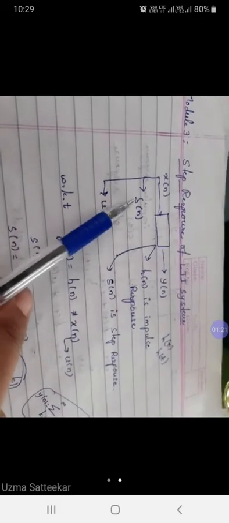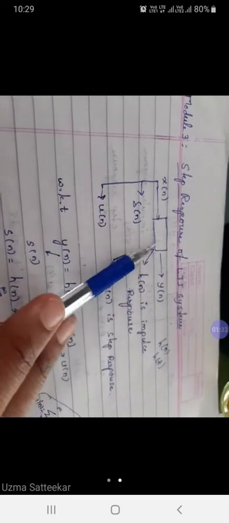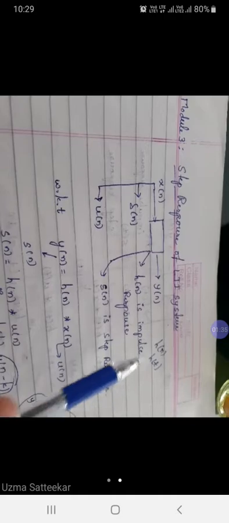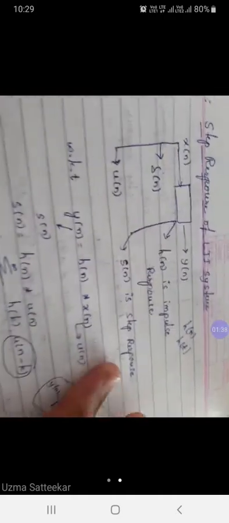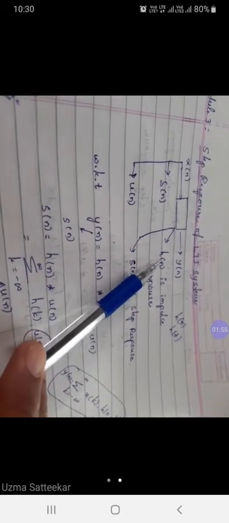When the input is impulse signal, the response given by the system is defined as impulse response. Similarly, if the input is unit step signal, then the response of the system we call step response. Now let us see how we can write this step response in the form of equation, and this is very important. We have seen in the previous videos, based upon the impulse response given in the question, we have checked for certain conditions to define the memory, causality, and stability property of the LTI system.